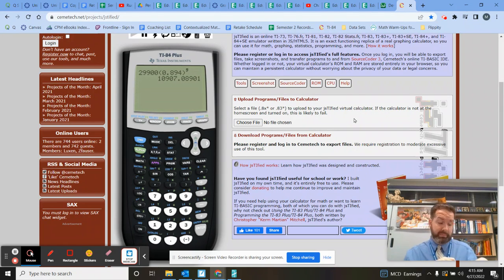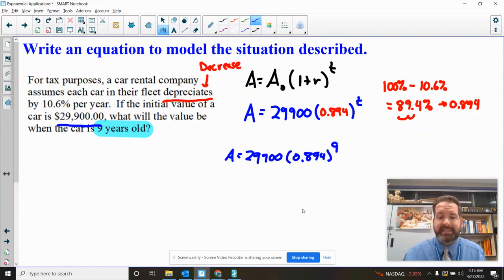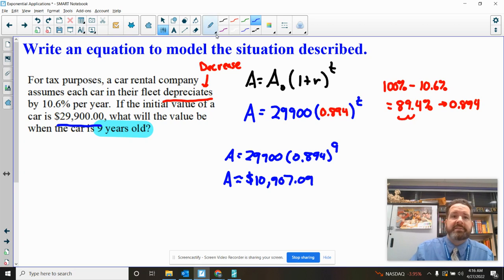Now, this is a money problem. We're talking dollars and cents. So let's round to the nearest hundredth, the nearest cent. So $10,907.09 is our value at the end. Now we have answered the question, but I want to do just a small amount of investigation so we